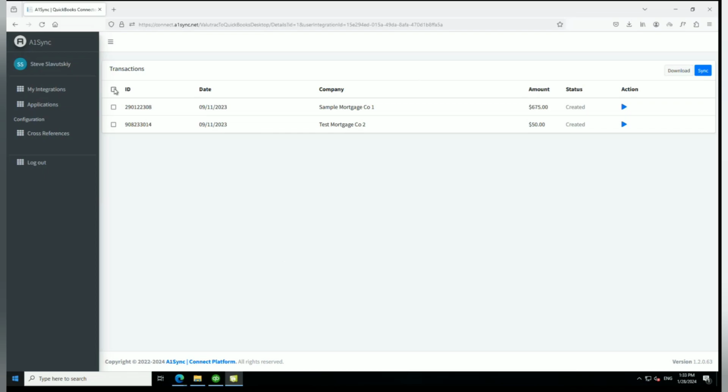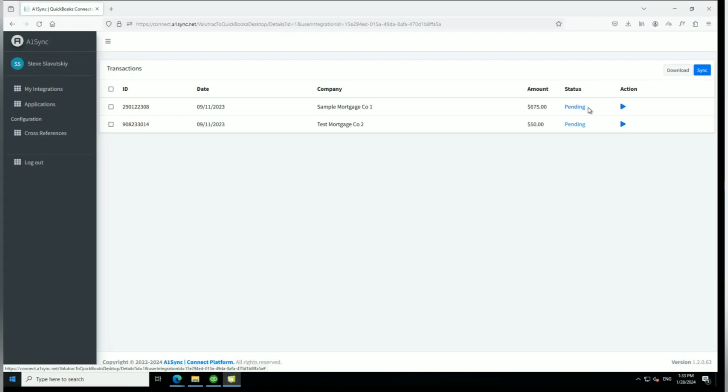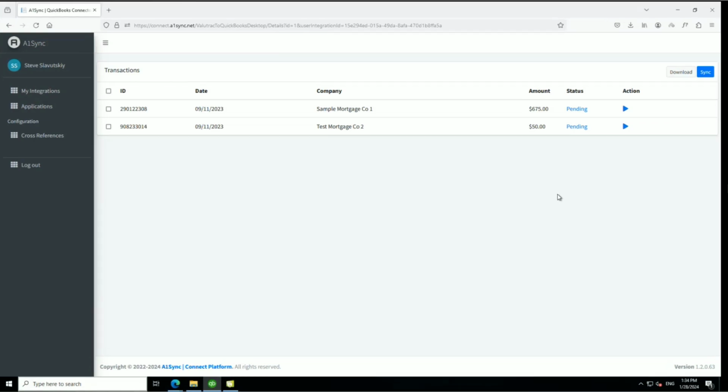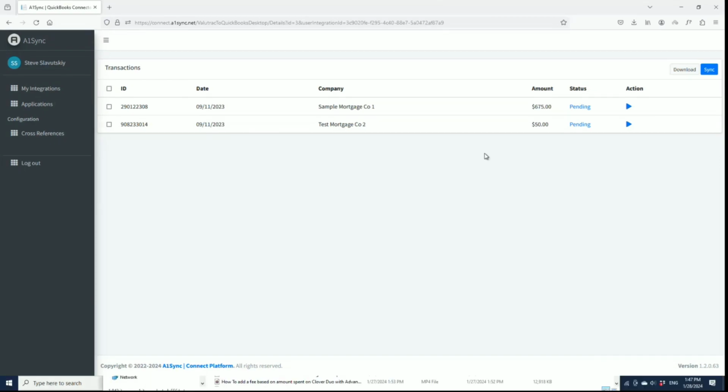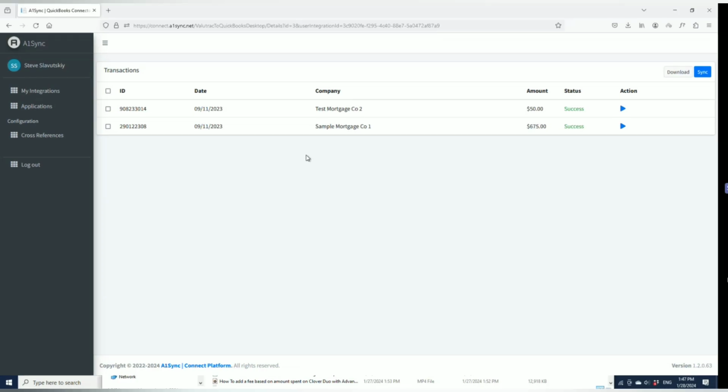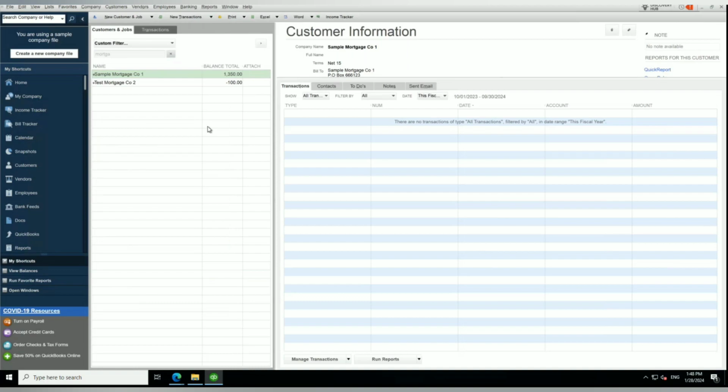And so now these two records are ready to go into QuickBooks. You can do them one by one by clicking on this individual button here, or you just click sync and it'll take both of them in. And so the file status is pending. And so, all right, after sync, assuming that your integration is actually set to auto run, and once the sync is complete, we can hit refresh here and we get our success. And so now these two payments are in QuickBooks. So both of these companies are there, all